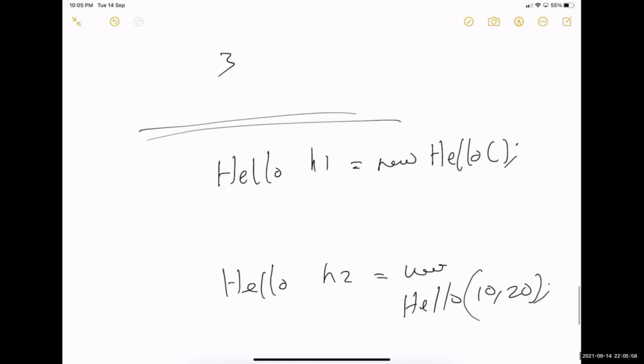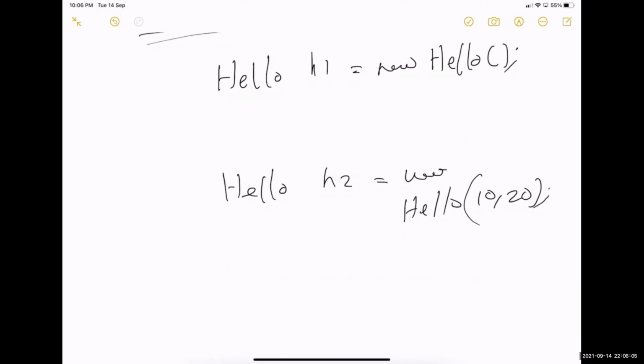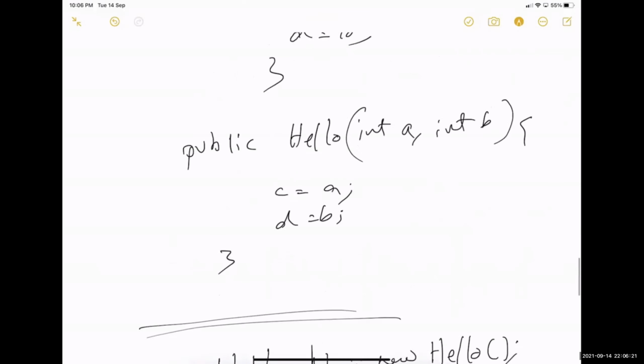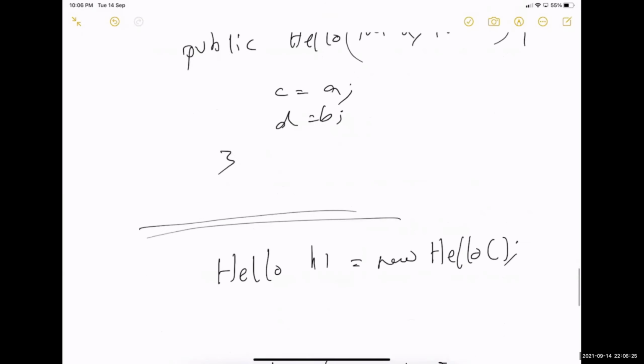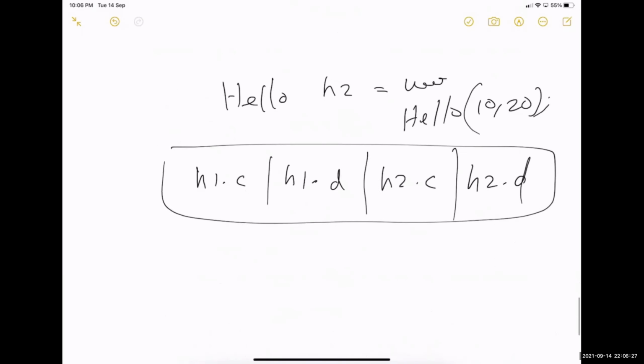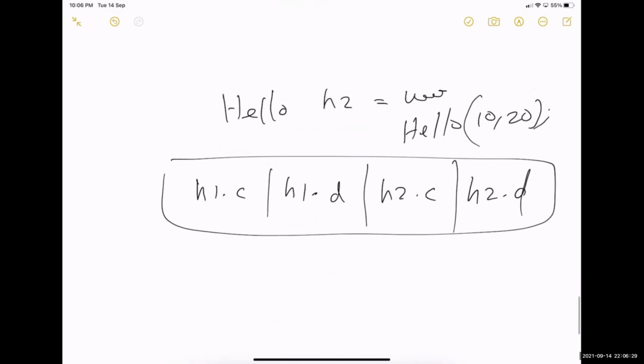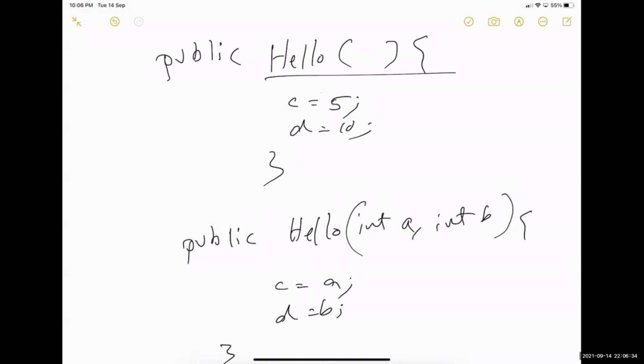So now tell me what will be the value of h1.c, h1.d, h2.c, h2.d. Like last time you can message, I will show the other things now. Tell me what will be the values of h1.c, h1.d, h2.c, and h2.d. Put commas and then answer.